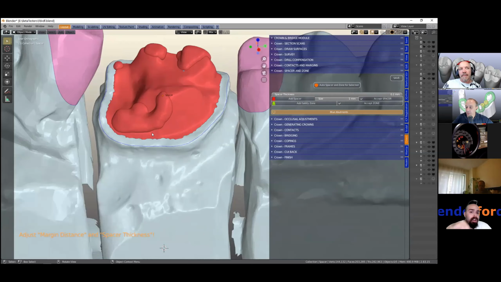It could be fair enough to have, because depending on which material you will mill, you need more or less gap between the crown and the die. Okay, so you don't think a die spacer which goes very close to the margin would do the trick? It does the trick, but